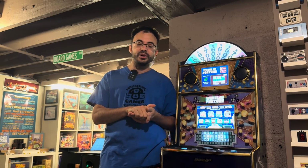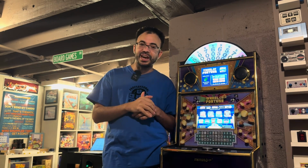Of course, I still want their XL cabs. Actually, I don't really want their XL cabs because I don't have room for them. I kind of want just deluxes, in my opinion, but that's just my personal preference. Either way, I want them to continue to make, obviously, arcade machines. That's what I want. But I also want them to sprinkle in some of these newer products that change the